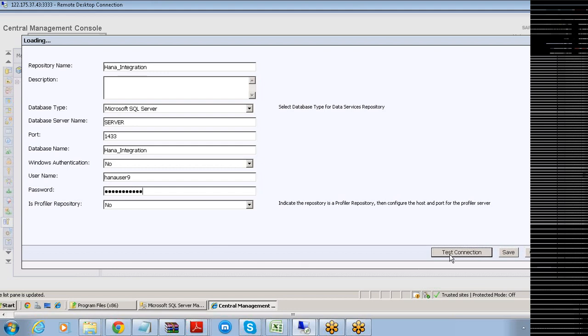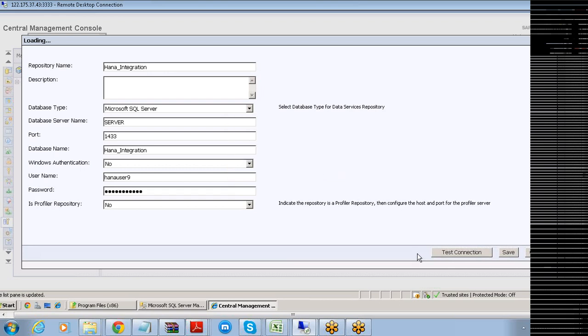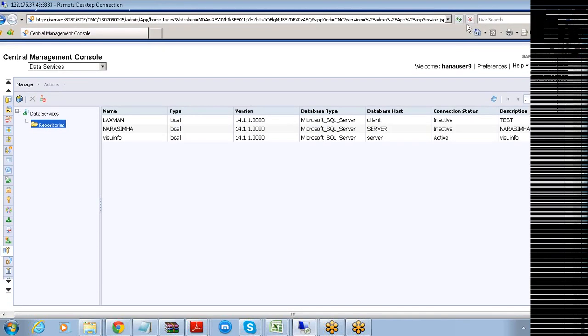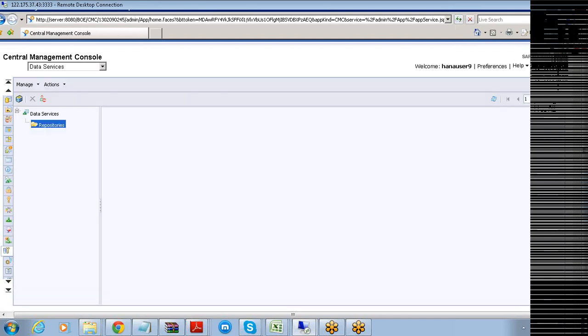It is done. Please test this connection whether it is successfully connected or not. Successfully connected to the repository. Once it is successfully connected, you click on save. Then you refresh this one and select this particular Data Services.